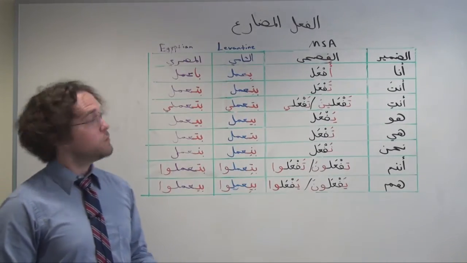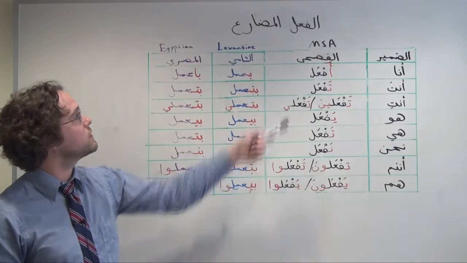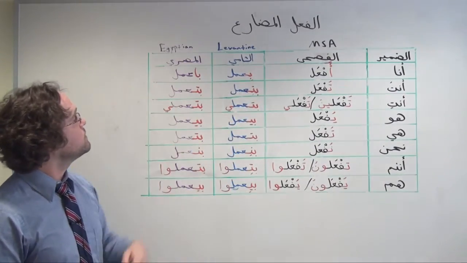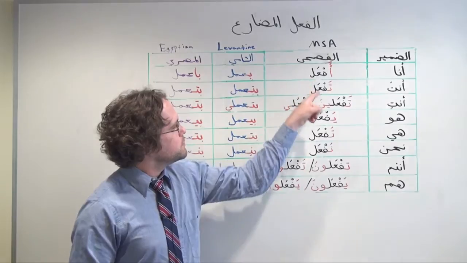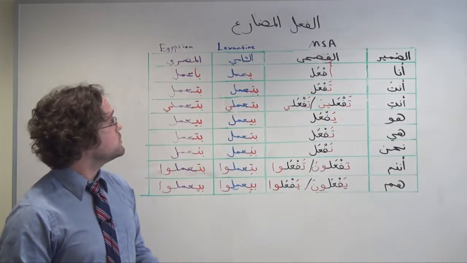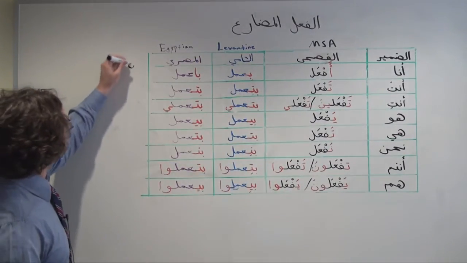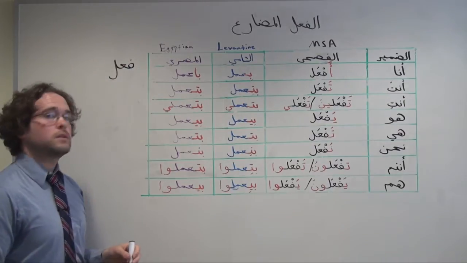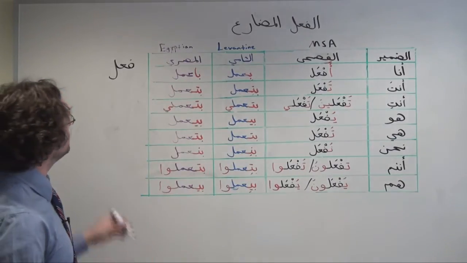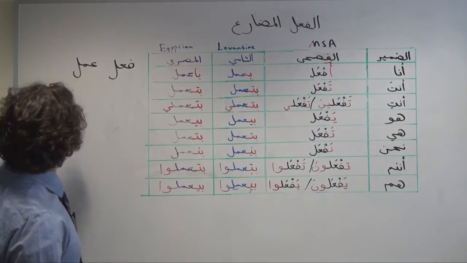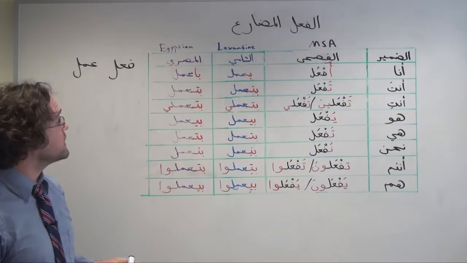So here on this chart we have the prefix and suffix combinations for a couple of verbs in Fusha, Modern Standard Arabic, Shami, Levantine, and Masri, Egyptian. You'll notice that the prefixes and suffixes are in red. We've got two verbs up here in Fusha. We have the stem fa'ala, which is a formal Arabic word meaning to do something. And in Levantine and Egyptian, we have a different stem, amala, which is more commonly used to express that same idea, to do, in those dialects.